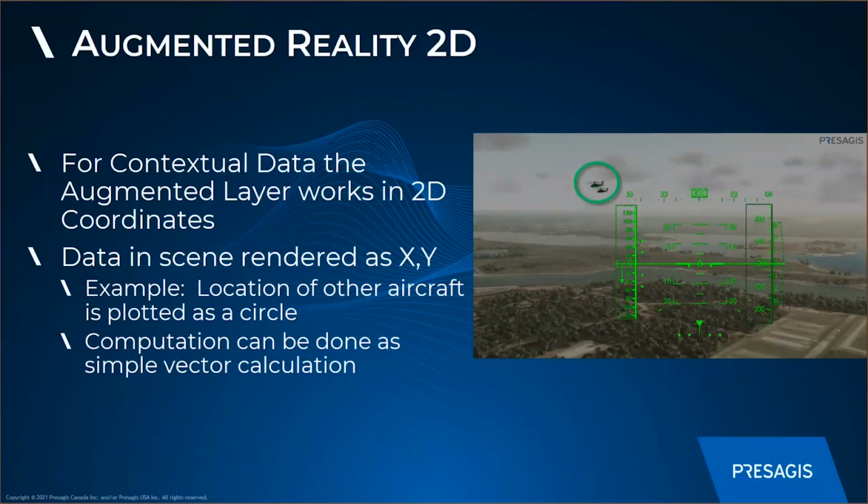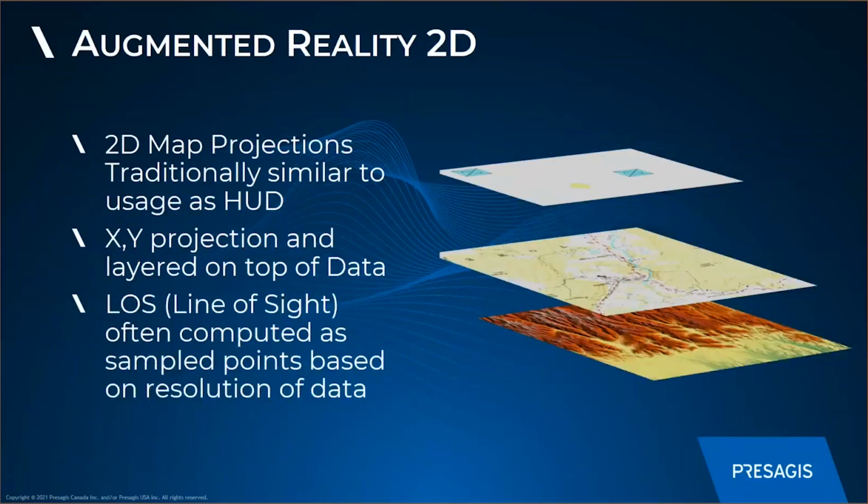And we actually don't need to know about the depth of how far away those objects are. We just need to know the kind of angle away from our center point and work out an XY to plot on here. So obviously that's kind of in the head-up display. Actually, in the augmented reality type of approach, when we're layering up things, and you'll see why I'm talking about this shortly,